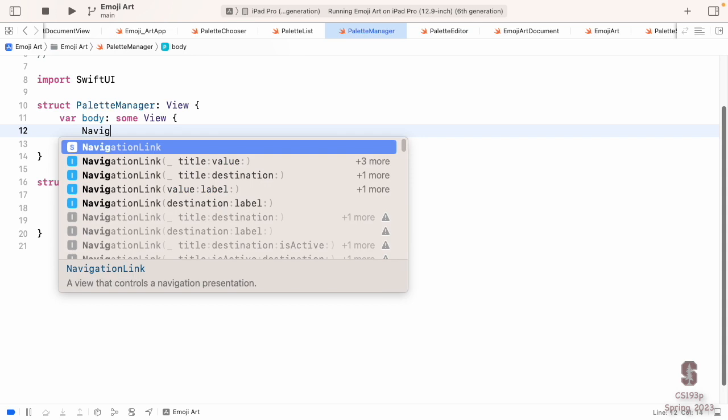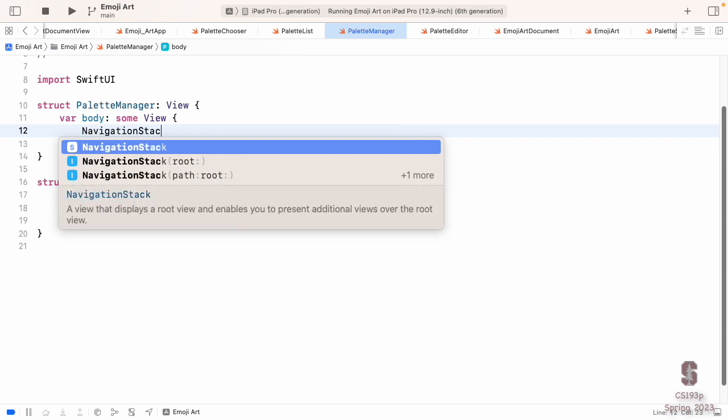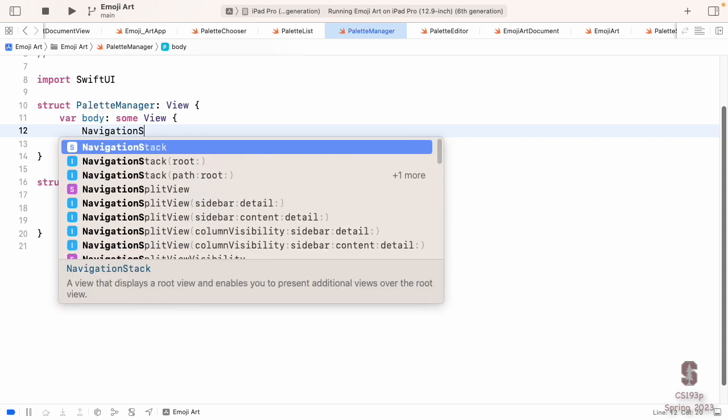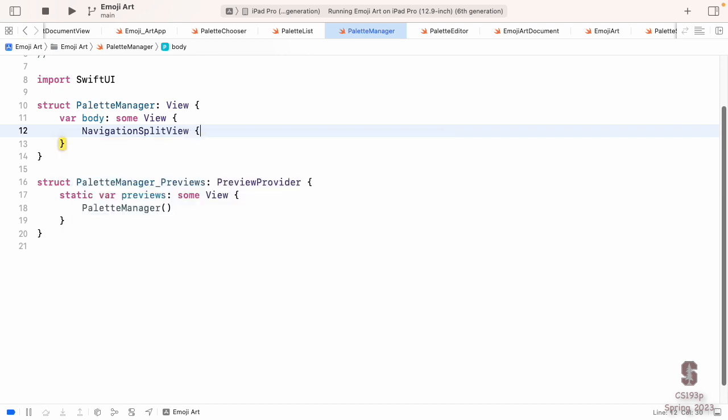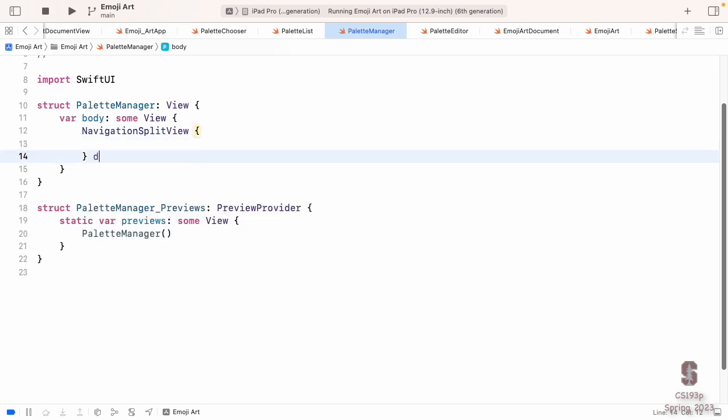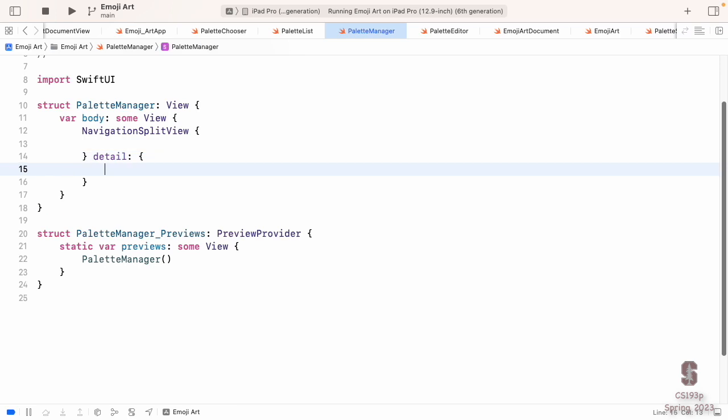So here's our palette manager, and I'm going to start right off the bat showing you how this works with navigation here. Instead of using navigation stack, you're going to use something called navigation split view. And navigation split view has an extra little thing here, which is a second pane. And it can actually have a third pane, which I'm going to do in a second. But I'm going to start here by just having all my stores in the left pane, and then the palettes that are in that store on the right. The store on the left, click up store, boom, you see the palettes in it.